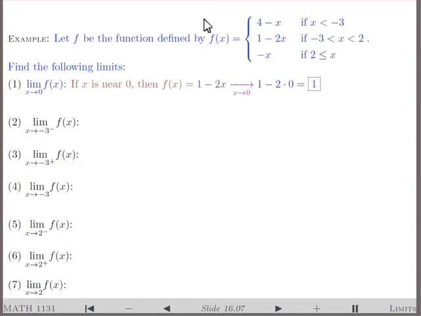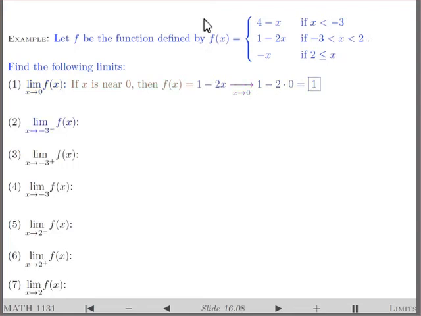But what if we are at one of the endpoints of the interval, so that we have different expressions on different sides? In that case, we have to find the limit from each side separately. So for example, to find the limit of this function f at negative 3, I first find the limits from the left and right. The limit from the left,